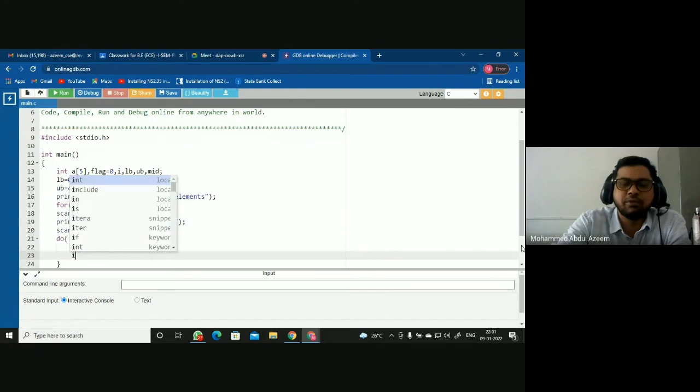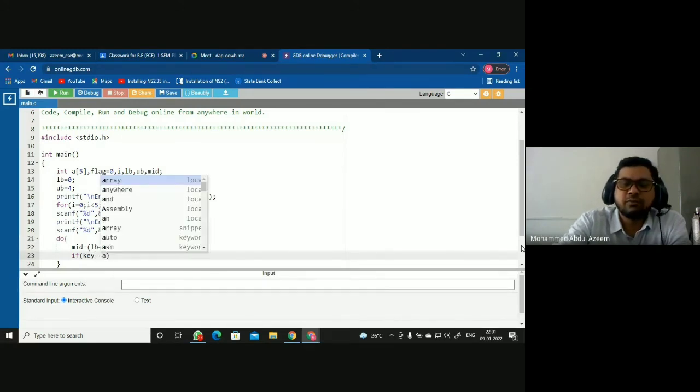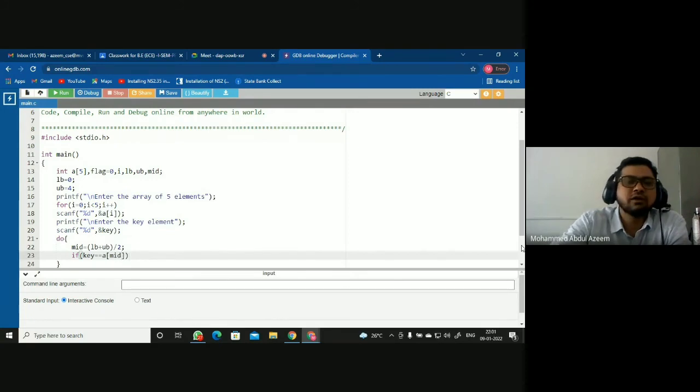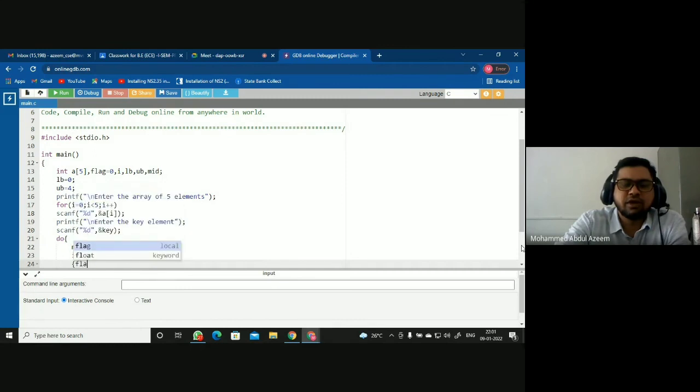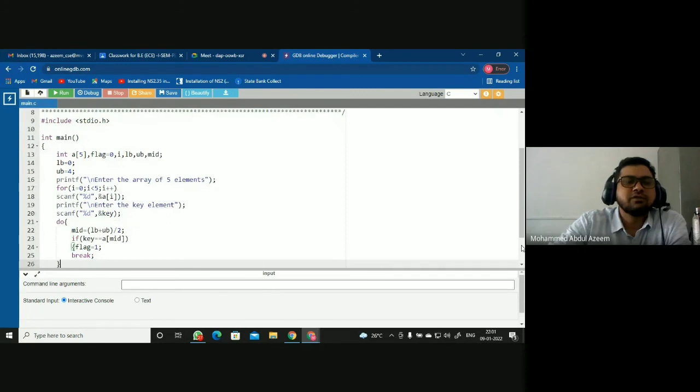Now we are going to compare the key value. If key value is equal to A of mid, right? A of mid here, then you will be saying that flag equal to 1 and quitting the logic because the element is found. So you do not have to do further searches. But if, let us say